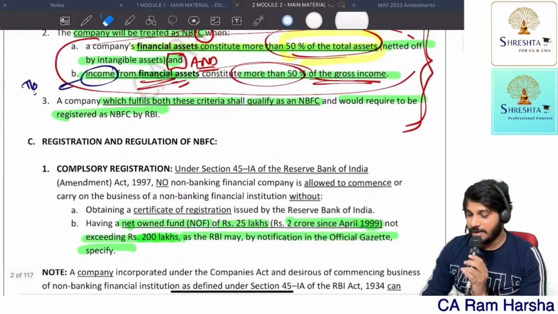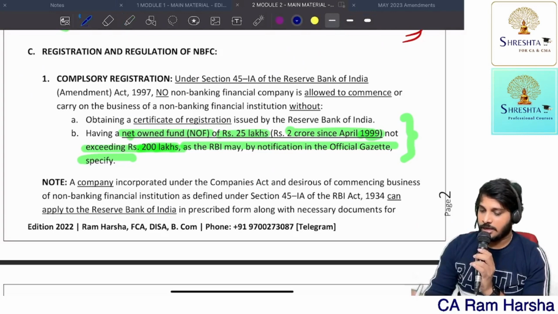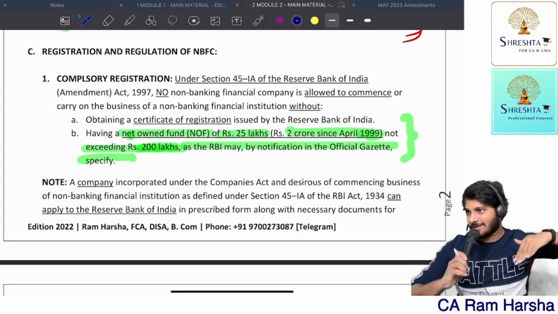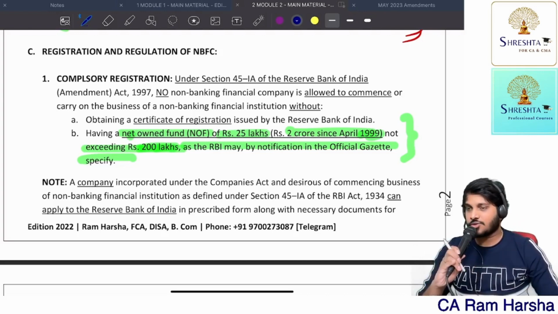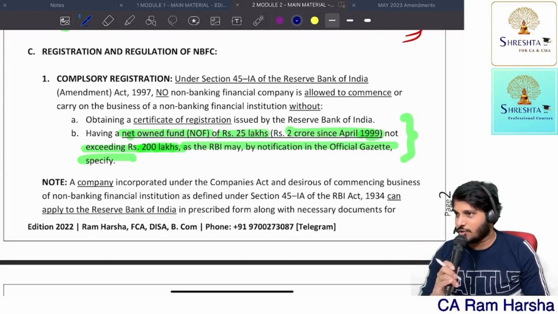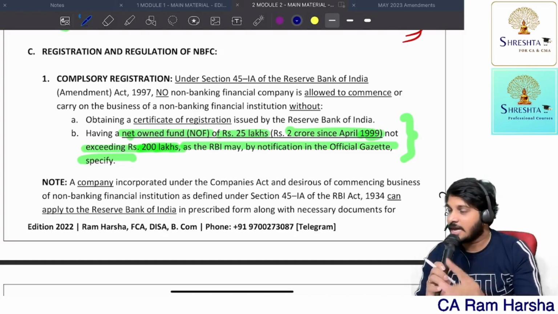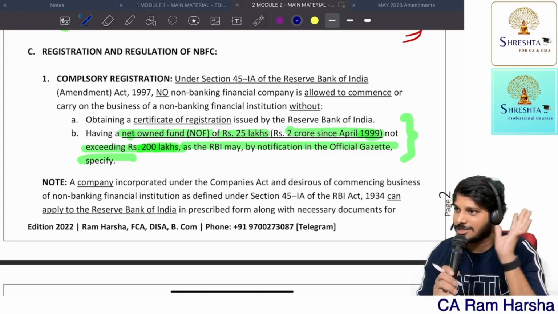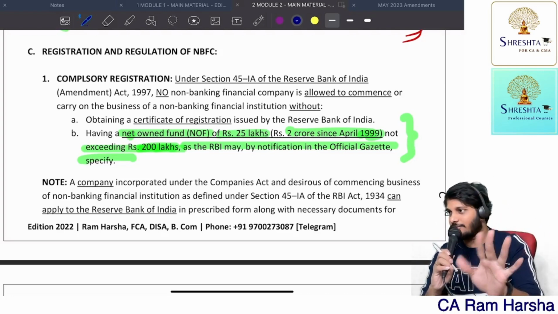So, whatever net owned fund criteria is there here, it is not clarified here, it is clarified later. But I am giving you at the beginning itself for a better understanding. So, for them, net owned fund criteria is 2 crore. This criteria is applicable for base layer NBFCs, nothing but indirectly non-deposit taking, non-systematically important NBFCs. Able to understand? All of you? Now,